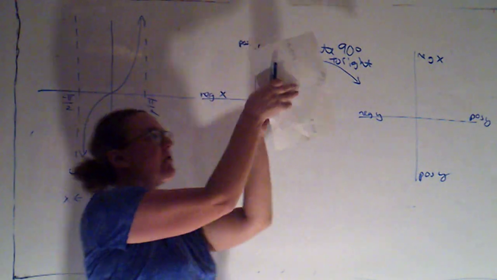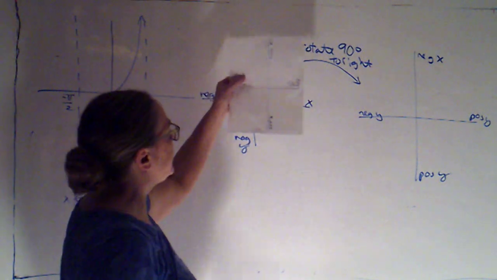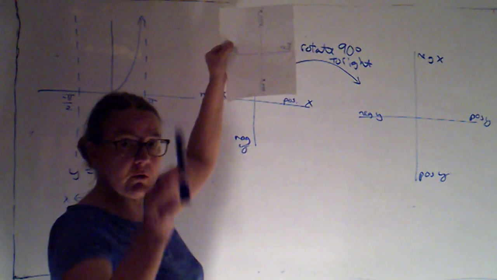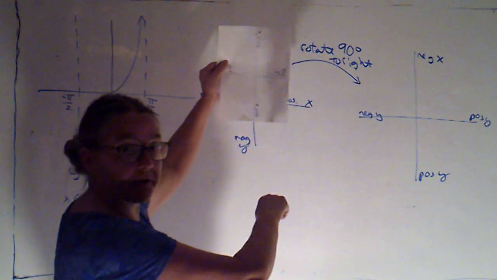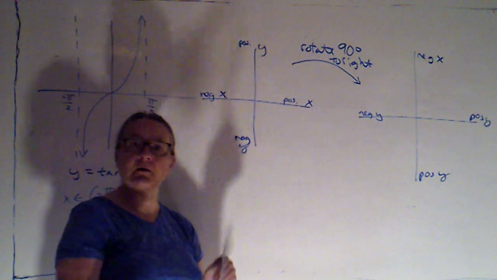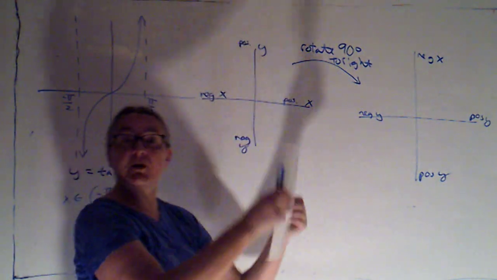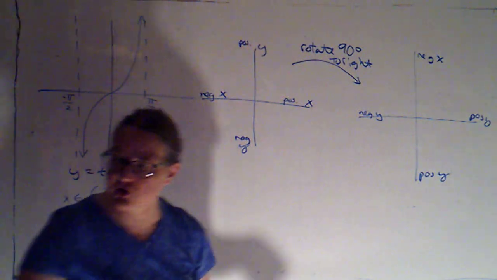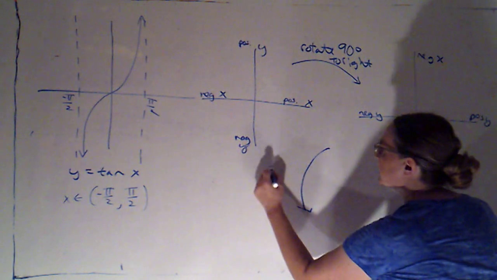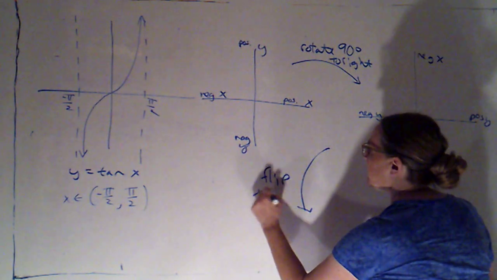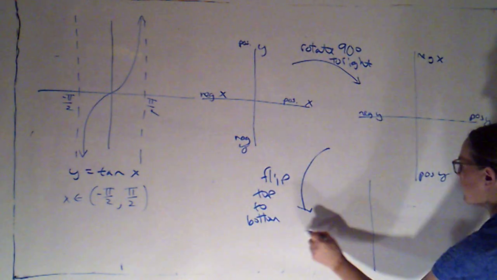Now when I do that, I'm going to be looking at the back side of the piece of paper. The writing is on this side over here. I'm looking at the back of the piece of paper. Now because I wrote pretty dark with a whiteboard marker on a piece of paper, I can sort of read through it just a little bit. If you didn't write with a whiteboard marker on your piece of paper, you might have to hold it up to the light. But paper's thin enough, you should be able to sort of read through it. And if you flip it top to bottom,